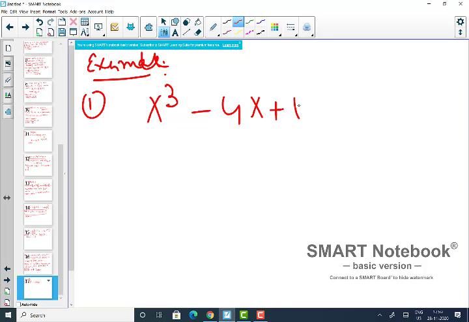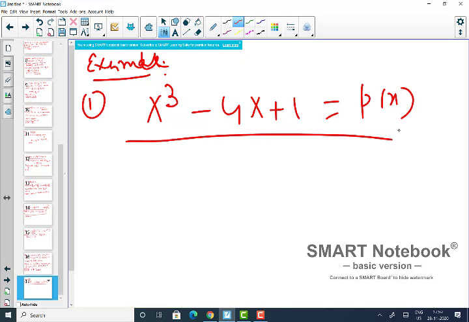Let me write down this polynomial. This is my polynomial, f(x), p(x), whatever. I want to know whether it is reducible in Z or not, and